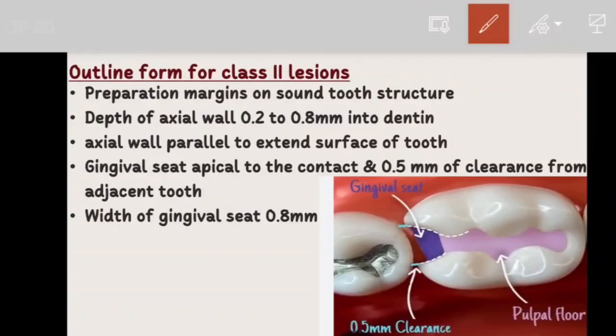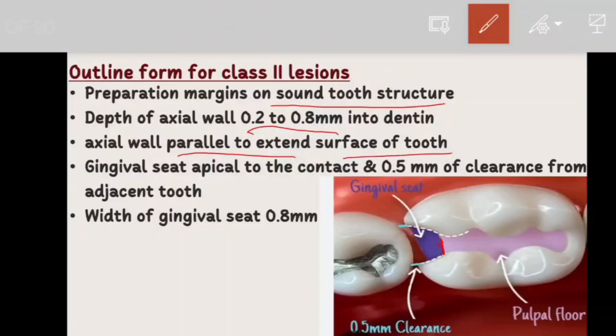Now outline form for class 2 lesion. Now margins: preparation margin of sound tooth structures. So the axial wall depth will be 0.2 to 0.8 mm into the dentine. So this one is the axial wall, which is perpendicular to the long axis. So its depth will be 0.2 to 0.8 mm into the dentine, and